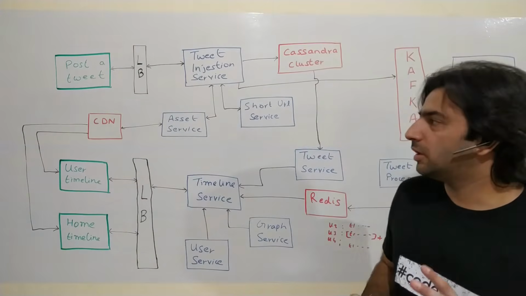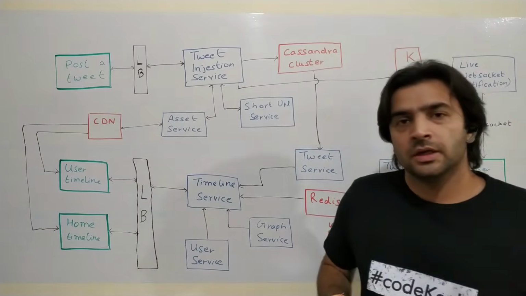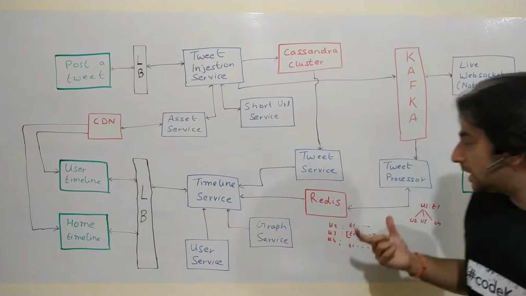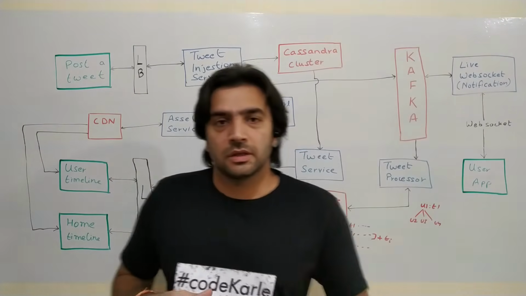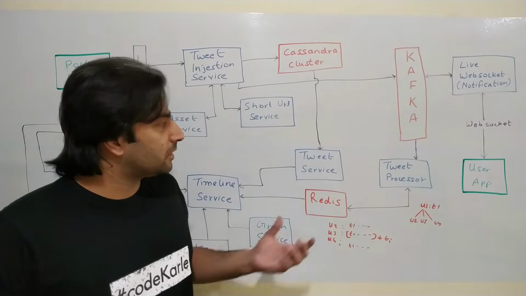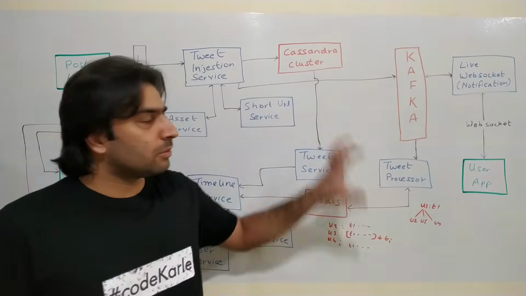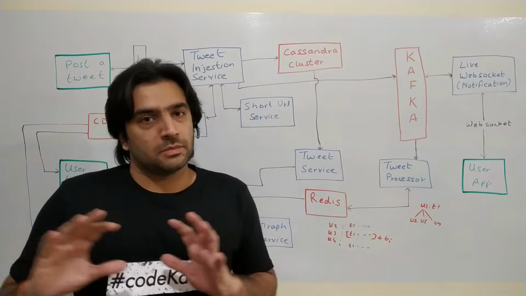Okay. Now, what could potentially be the bottlenecks here? This Cassandra could be a bottleneck. Why? Because there are a lot of times when you are querying this. Okay. This Redis is definitely a piece that needs to scale up. Why? Because this is something totally in RAM. So we need to take care of these couple of components and then Kafka, of course. So these three components are something that we need to really look at and optimize as much as we can.